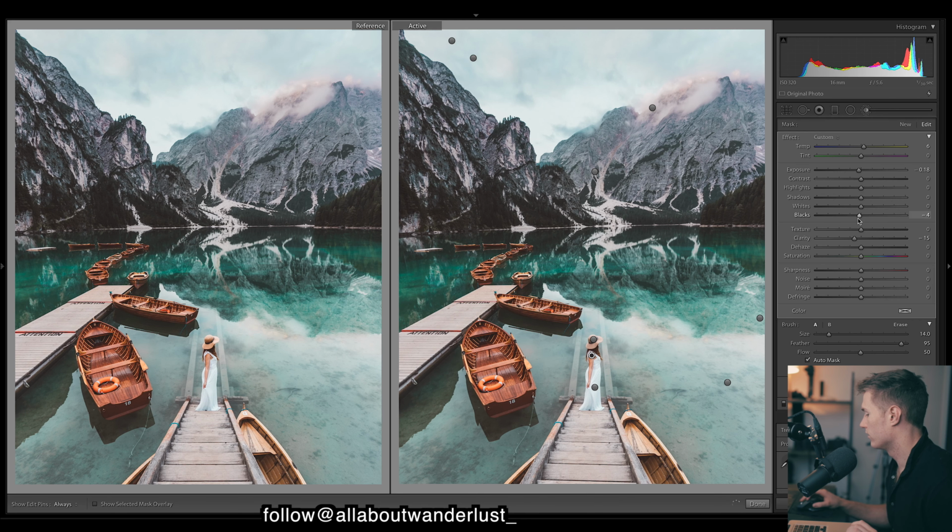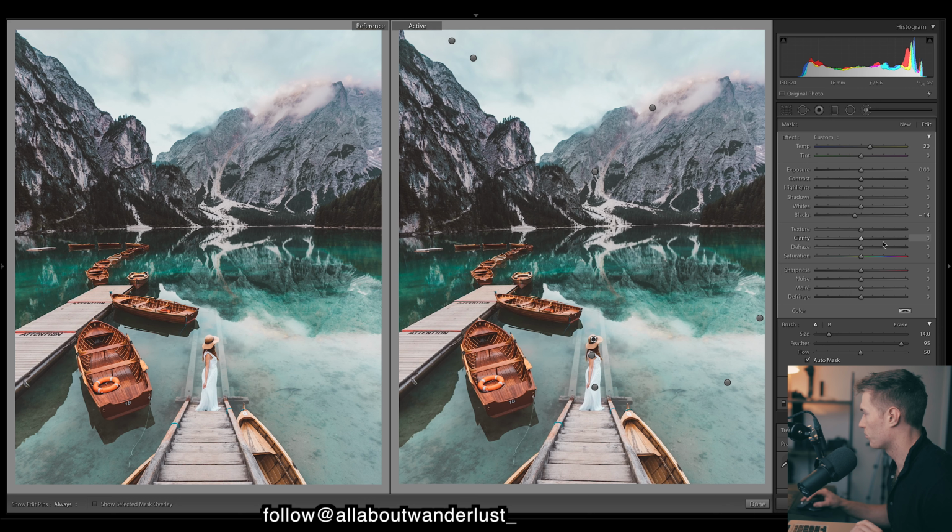Again, let's do the hat. So obviously your hat stands out a lot. So this one, press O. We're just trying to get that hat to have a bit more color and stand out a bit more. So to get that yellow color in the hat, let's just add in lots of warmth. Let's drop the blacks just to create more contrast,